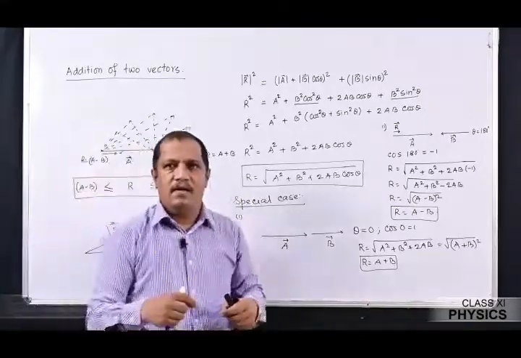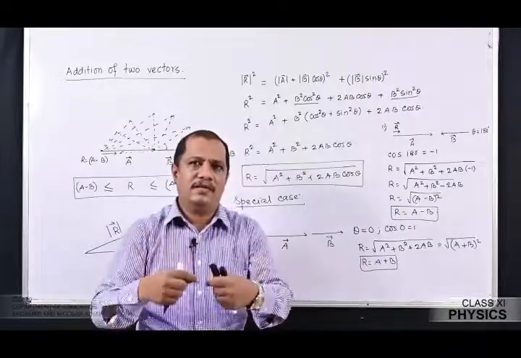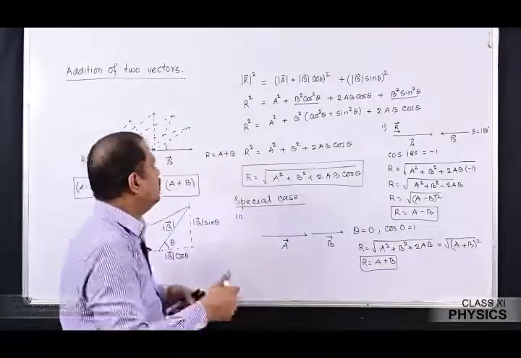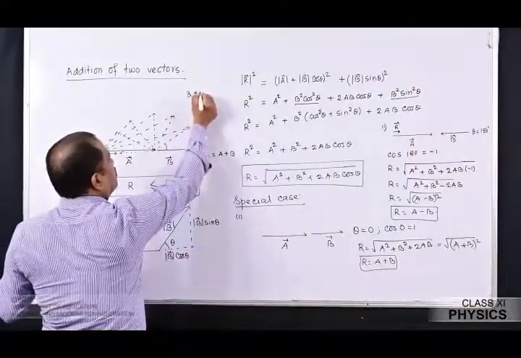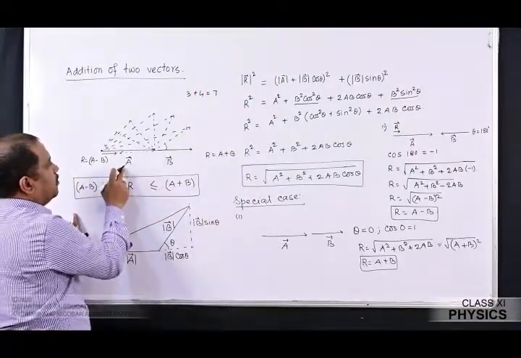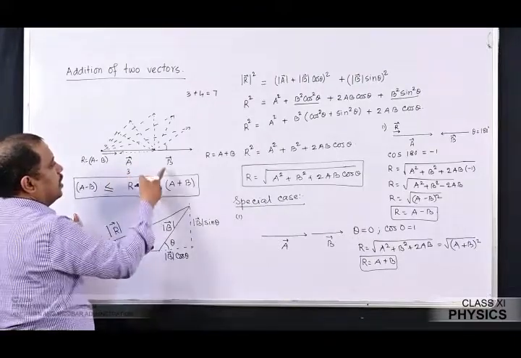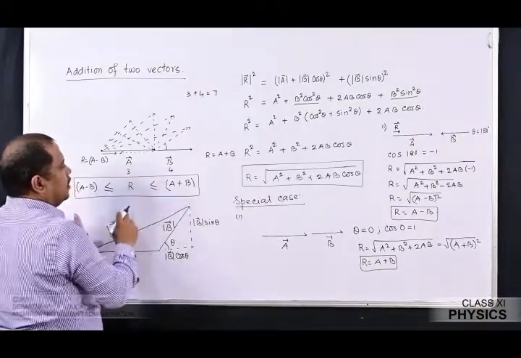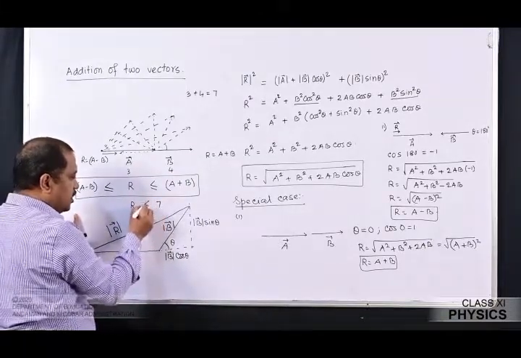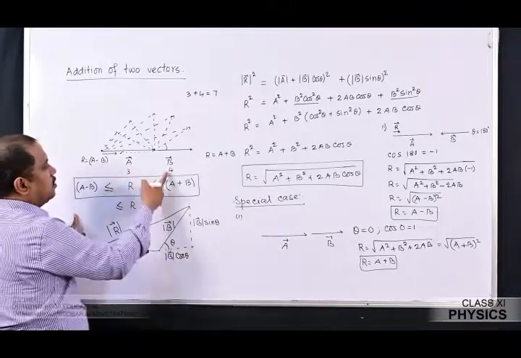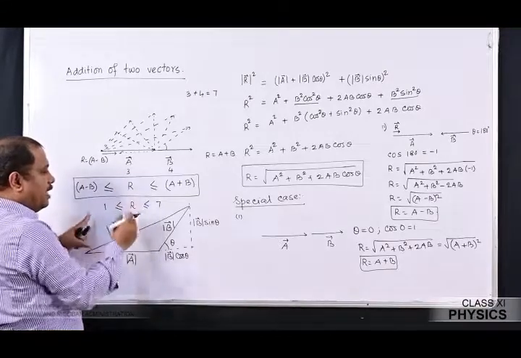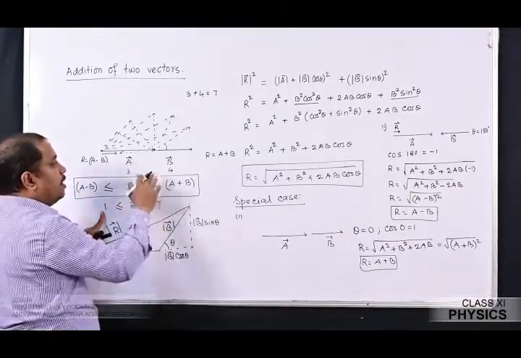And this is where the algebraic operations on vectors differ from scalar addition. In scalar addition, let me suppose that 3 plus 4 will always be 7. Whereas if you have vector A that has a magnitude of 3, and B that has a magnitude of 4, the resultant is going to have a magnitude of 7 at most, or at least 4 minus 3, so you are going to have 1. So the magnitude of the resultant is going to lie between 1 and 7, depending upon the angle made by the two vectors.